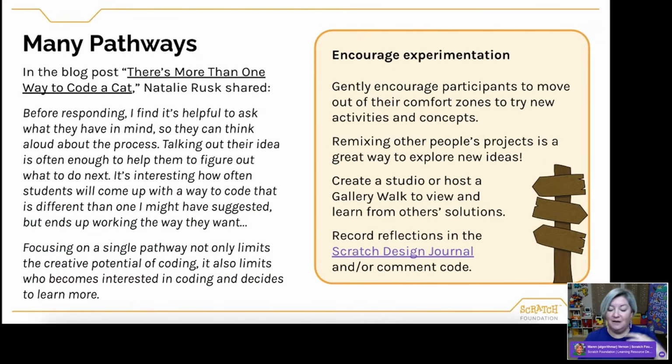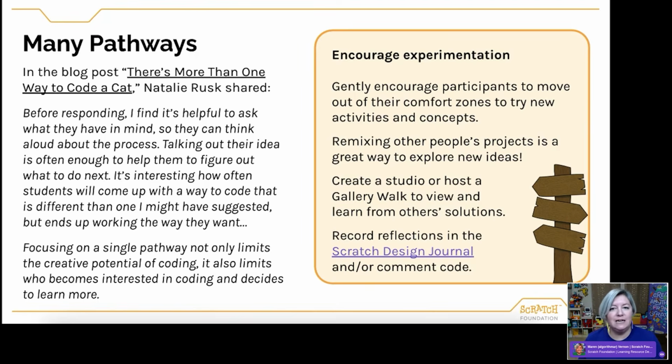I mentioned many times now that there are often different pathways and multiple code sequences that could lead to the same or a similar endpoint. So, in the blog post, there's more than one way to code a cat, which I love that title. Natalie Rusk shared this quote. She said, "Before responding, I find it helpful to ask what they have in mind so they can think about the process.